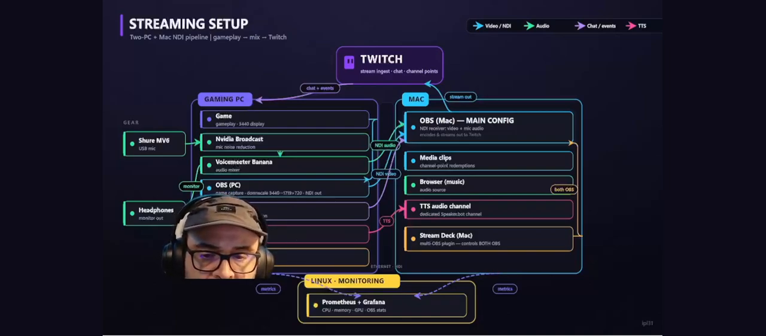SpeakerBot, as I mentioned, is text to speech. So in my Twitch chat, I have a say command, and so people can just text to speech whenever they want. And then of course I've got my Stream Deck. I actually have two Stream Decks, so I can do a quick